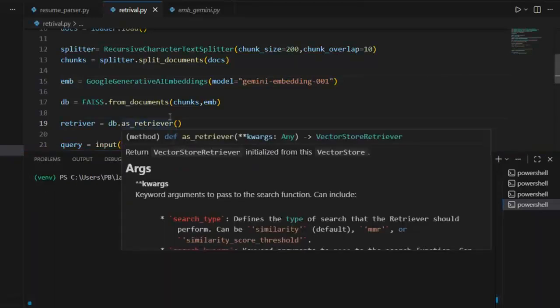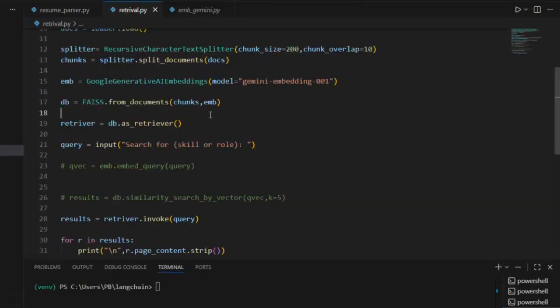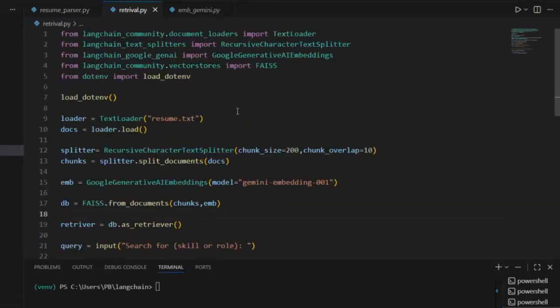I hope all of you are clear with how to implement a vector store, and also how to use retrieval that makes our code clean and simple. I'm sure you also understand how to switch between vector stores and how to switch between embedding models. Next, we are going to discuss